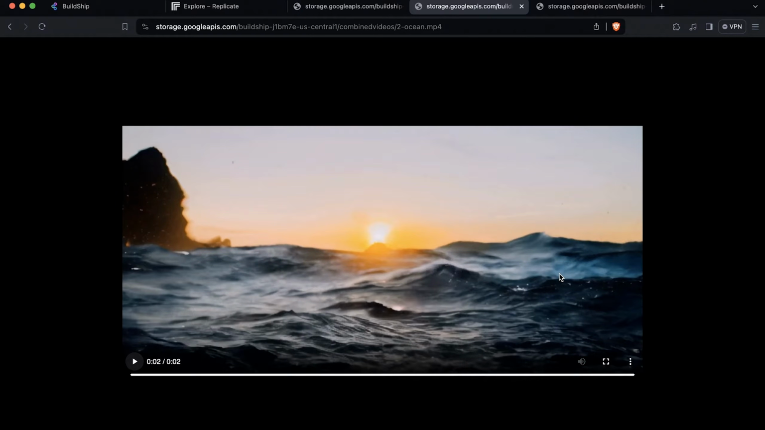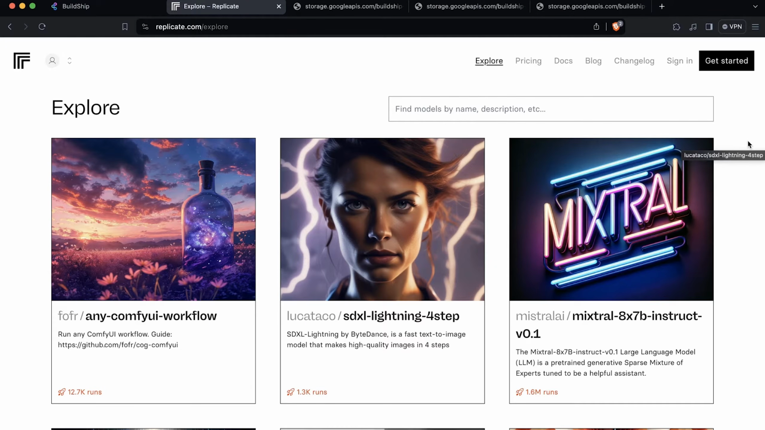So each of these video clips are 2 seconds long, and we've also generated with AI the music to go along with these videos. Ultimately, what we want to do is combine these 2 video clips along with the music into one video. But before we get to doing that, you might be wondering how exactly we generated those 2